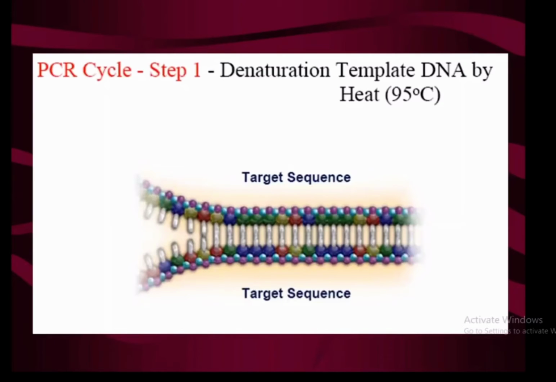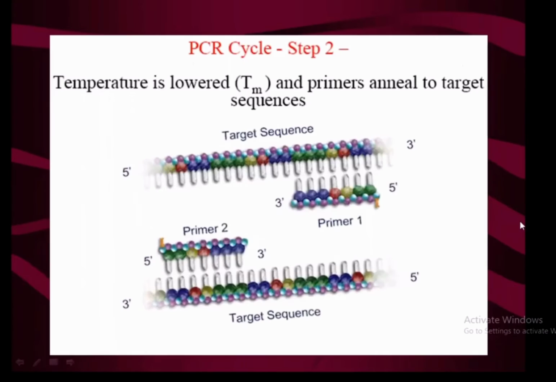This is the first step, in which, as you can see in the figure, the DNA template is separated, and we have 2 strands of DNA. Then in the second step, the temperature is lowered so that the primers can bind to the complementary sites on the single strands of DNA.